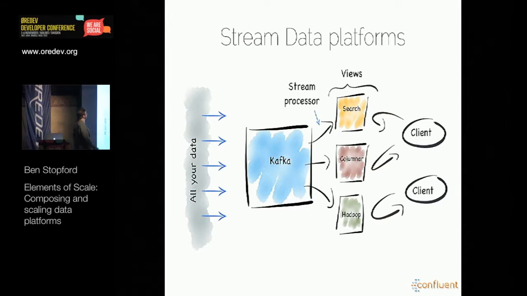So there's another approach which is termed a stream data platform. And stream data platforms are quite often used with Kafka. This is where you take all of your data in. So it's a bit like the Lambda architecture, but rather than having a batch and a stream processing layer, it makes the assertion that you can solve most problems using simply a stream and a sufficiently powerful stream processing layer. So you're doing the same thing. You bring all of your data in, your analytics run inside your stream processing layer, and then off the back of that, it will create a bunch of different views, which you find useful for different tasks.